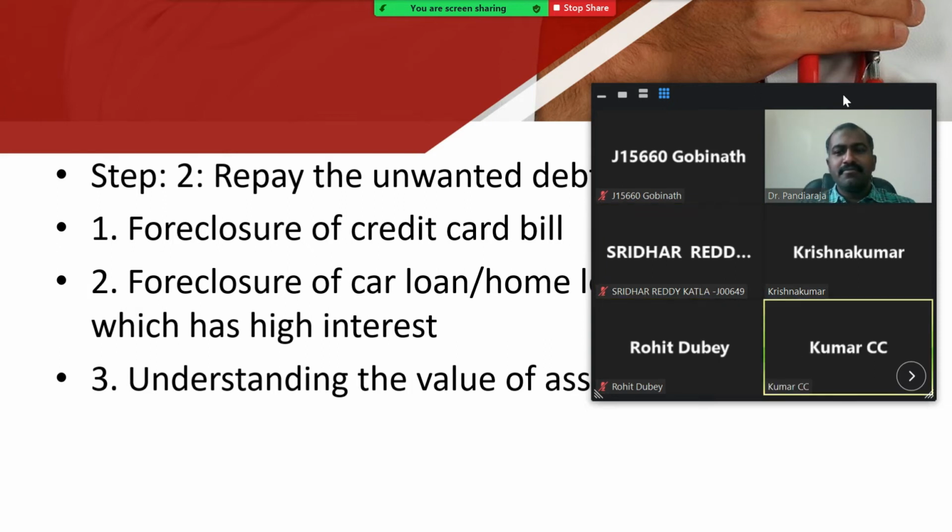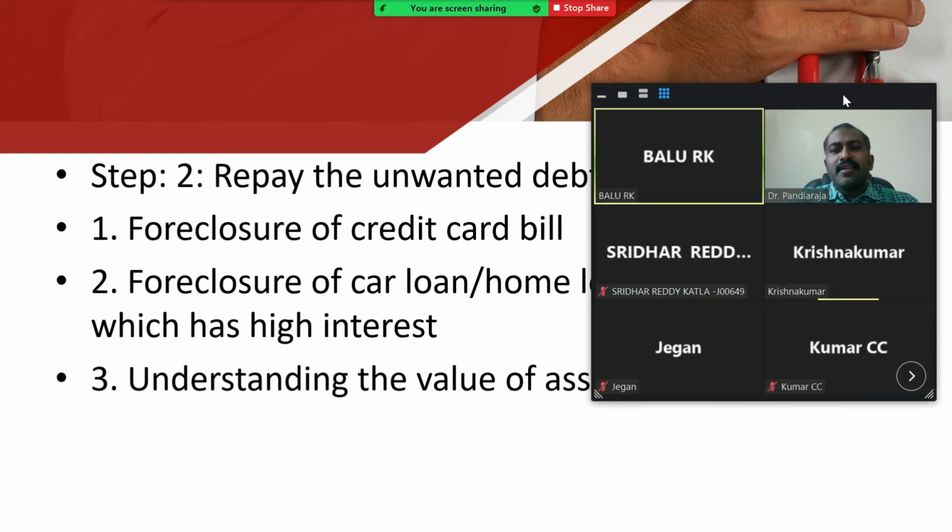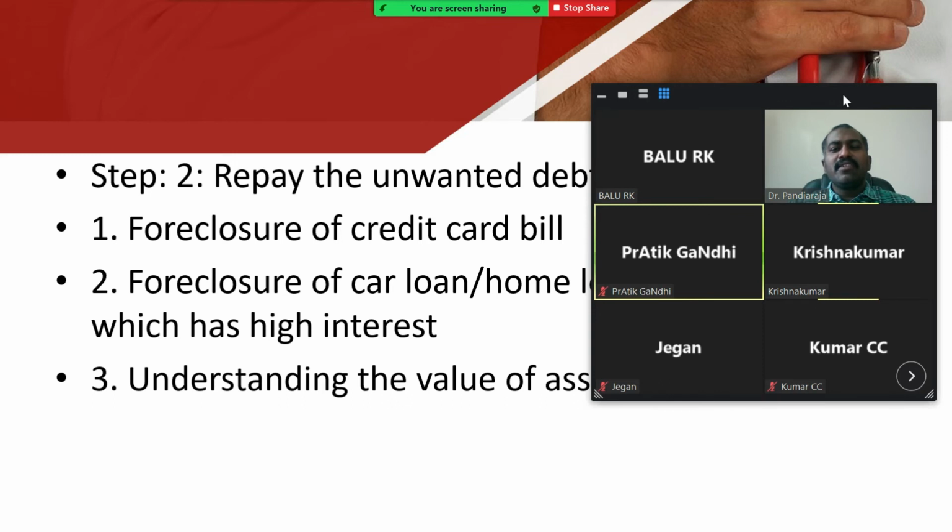Sir, for electronic things, they have around 18 or 19. No, no. I think it is around 35%. Sorry. Is it around 30%? Usually the credit card company charges around 14 to 30%.